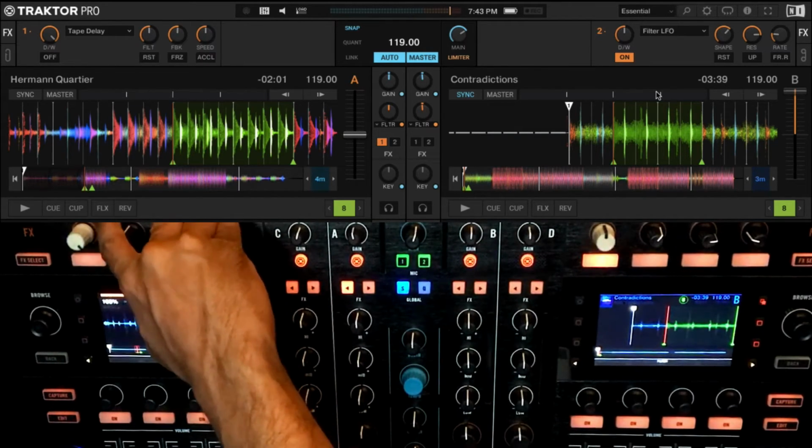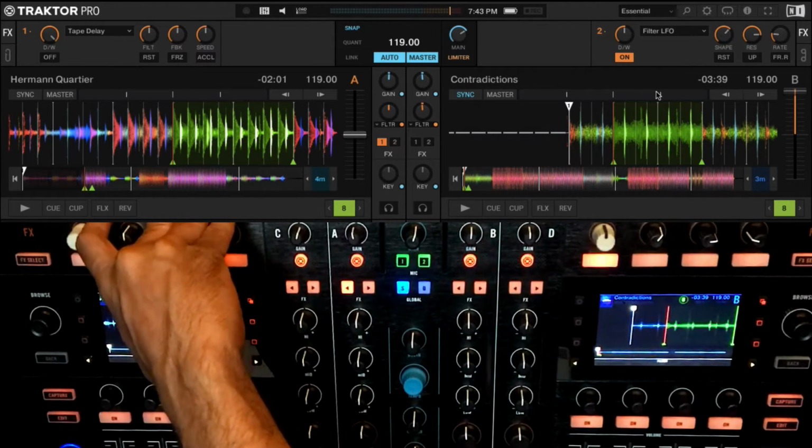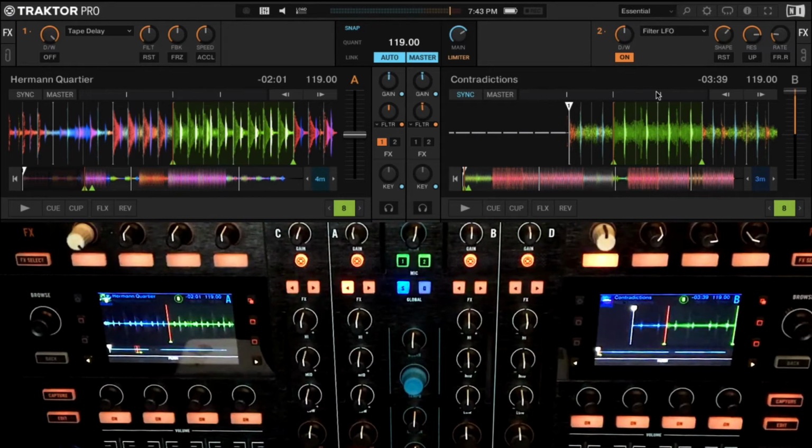Back in the day, before you had digital technology, the only way that you could do a delay was by using some sort of device which can copy the sound and then play it back after a certain time. So they would use tape loops. You would have a recording head and a playback head. Depending on the distance between the two heads, the delay time would increase or decrease.